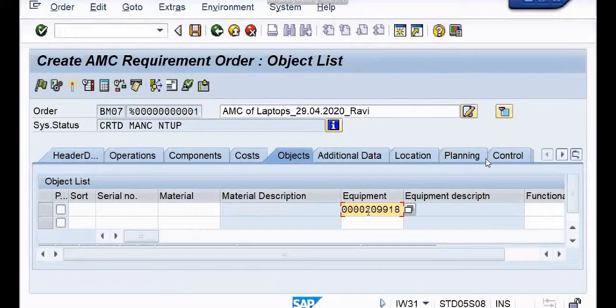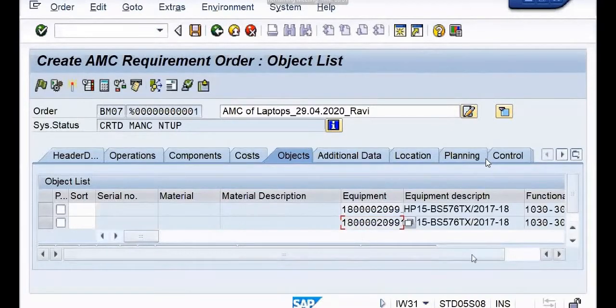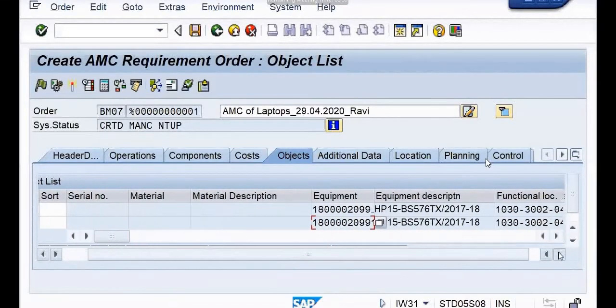I will copy this, then I will write manually, being on the safer side, right? If I enter over here, now it is going to show the description of these two laptops. Let us see. You can see over here the description of these two laptops. Next, two tabs have already been maintained, the data of two tabs, one was header data and next was objects.